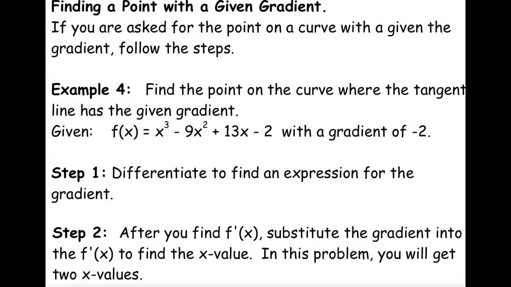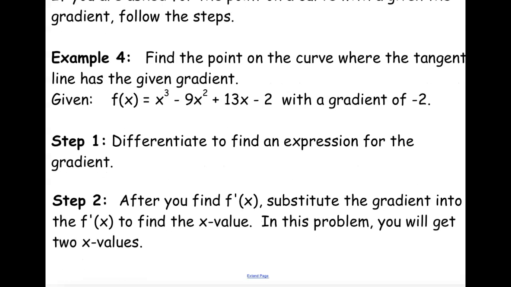Okay, finding a point with a given gradient. If you're asked for the point on a curve with a given gradient, follow these steps. So here's our example. Find the point on the curve where the tangent line has the given gradient. So here's our function, our curve equation, and we're given this slope